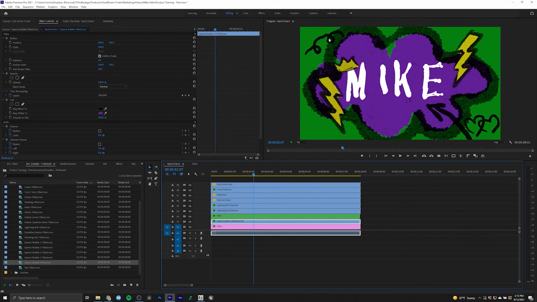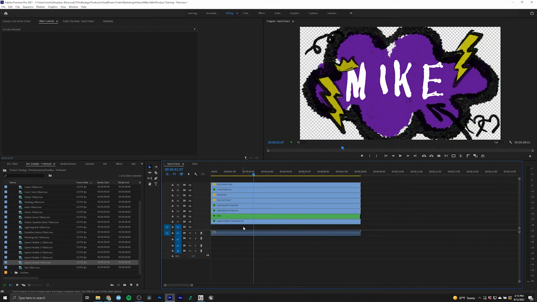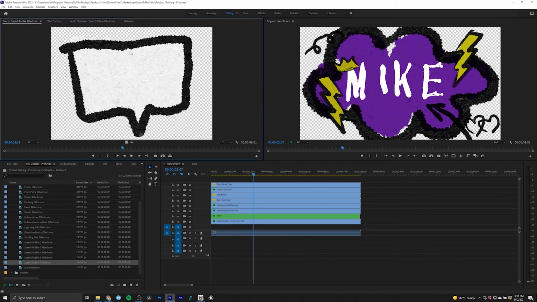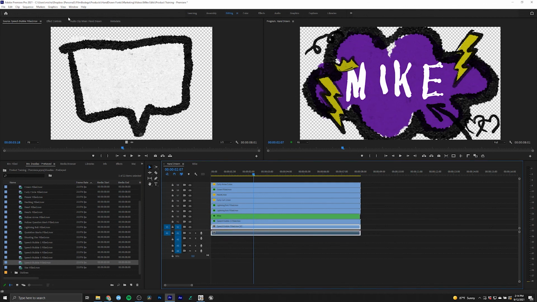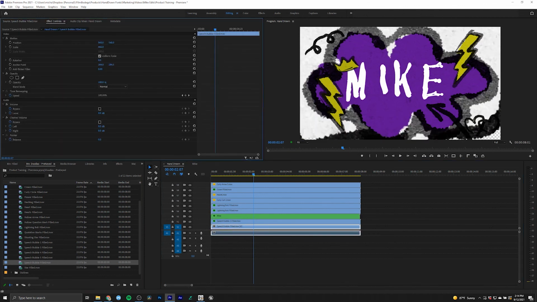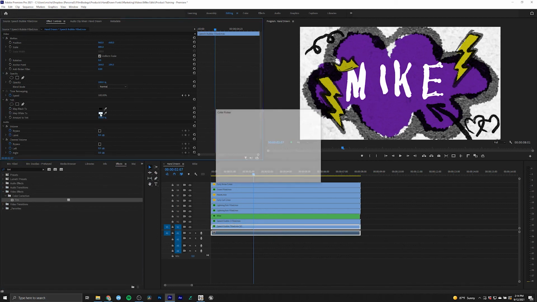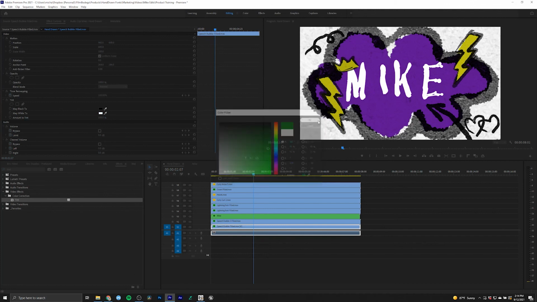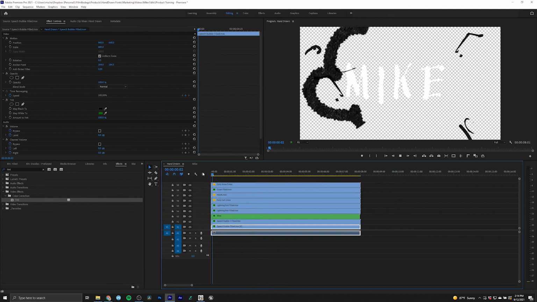One other thing, let's talk about backgrounds real quick. We just created a color matte and there's no textures or anything applied to that. It's just green. So another trick that I like to use is I grab this square speech bubble. You can drop that all the way in the back and then just scale it up, like make it huge. And it gives us the texture inside of the filled element in the background. And what I can do here is we'll just add a tint effect, and let's make this one green. So now we have a little bit of animated texture in the background,